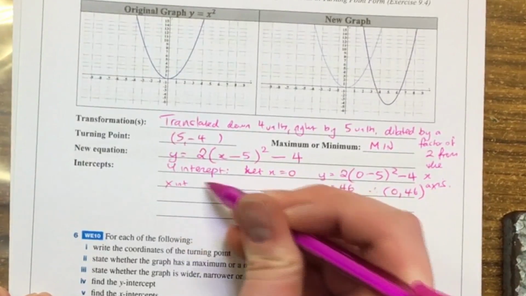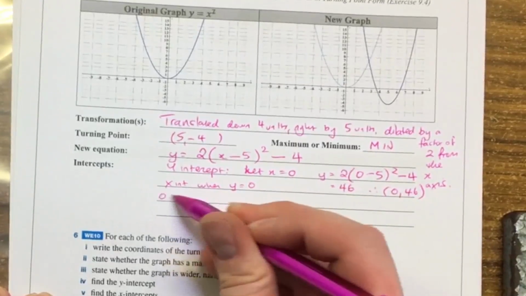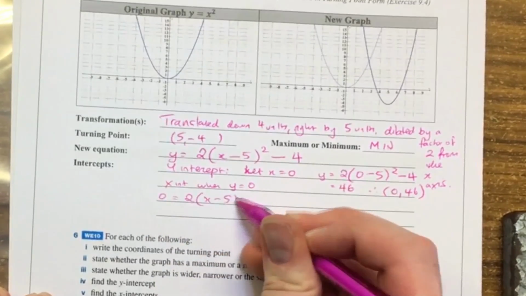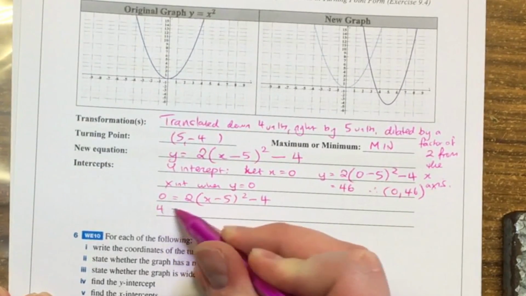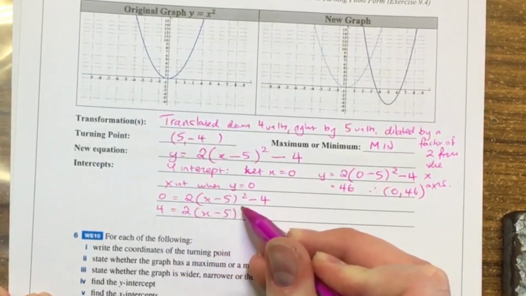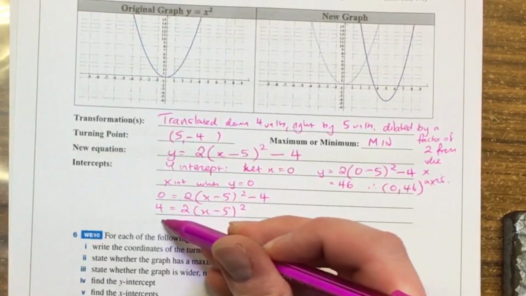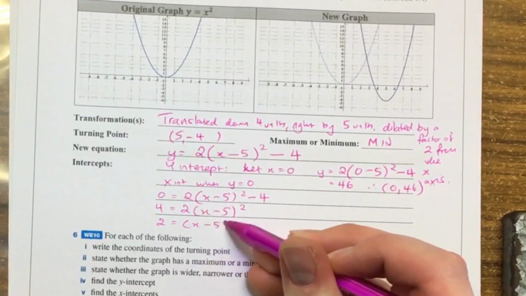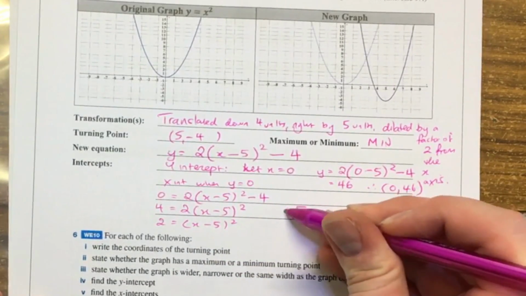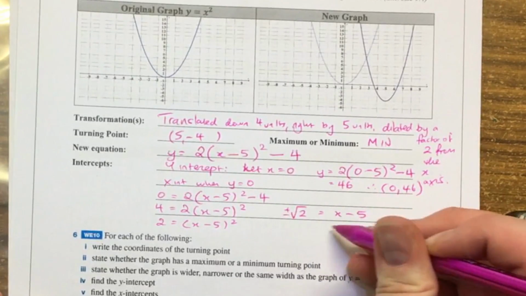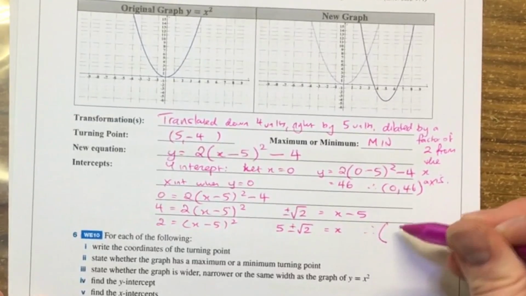The x-intercepts are when y equals 0. So that becomes 4 is equal to 2 times x minus 5 squared. Then divide both sides by 2. And then plus or minus square root of 2 is equal to x minus 5. And then 5 plus or minus square root of 2 is equal to x. So therefore the two intercepts